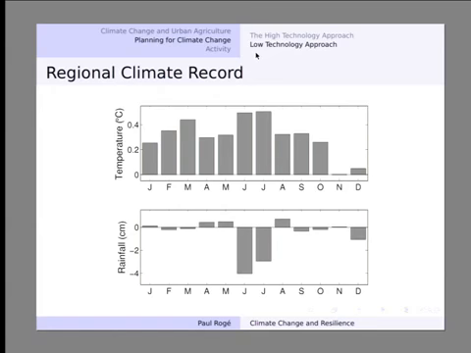graph on the top shows change from, I'm sorry, I forgot to mention, I put the explanation of these graphs. Basically, they're comparing 1950 to 1990 with 1990 to 2010 and the differences between those two time periods. So a 40-year period compared with the last 20 years, and this basically shows positive or negative change, right? So we've seen positive change in temperature every month of the year except for November, with most change occurring in the summertime, well, the wet season, I should say, when their crops are growing.